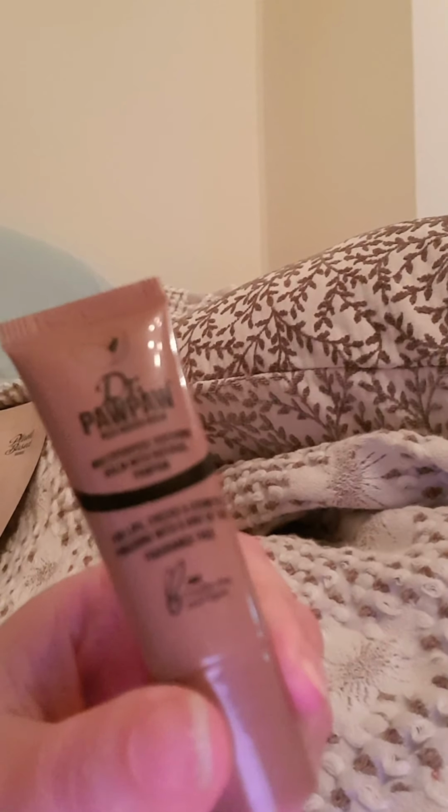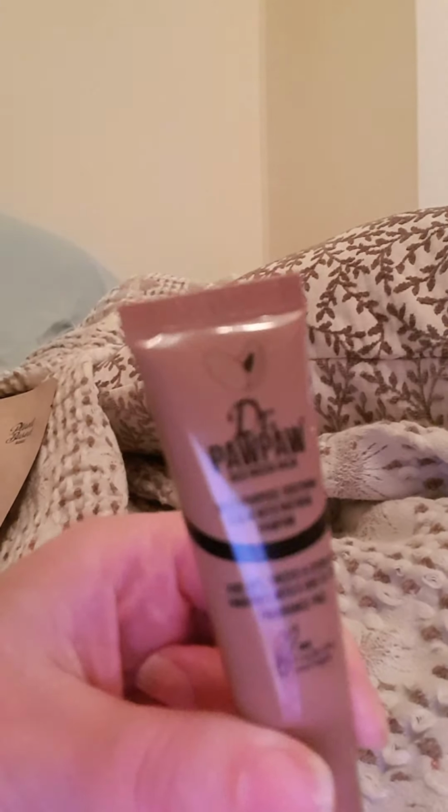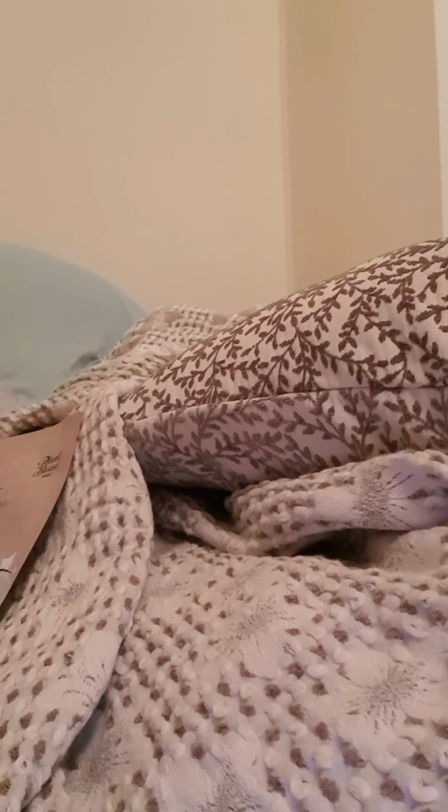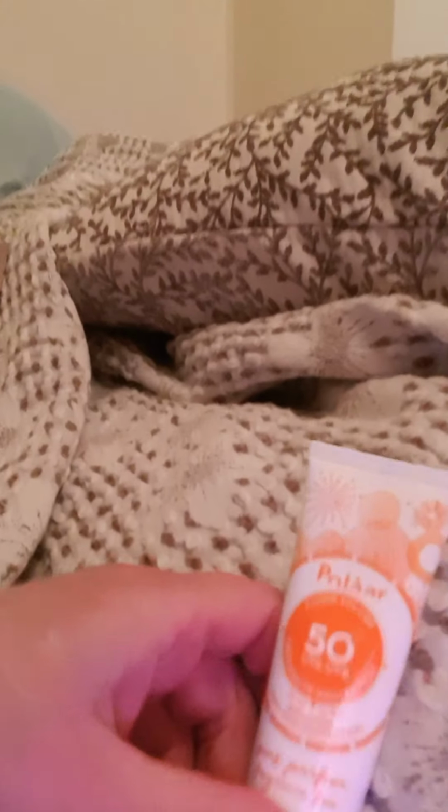I usually use a lip liner when I use these, but yeah, I'm super pleased because